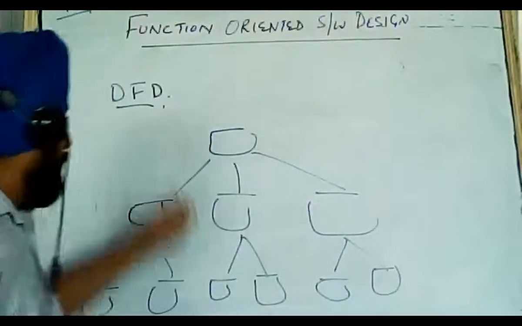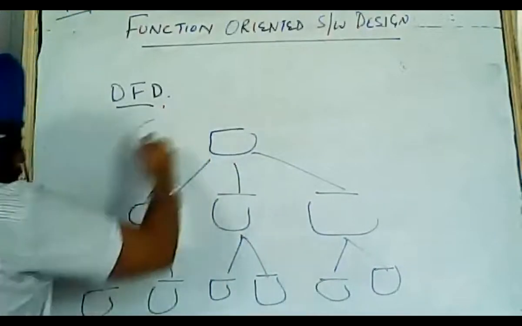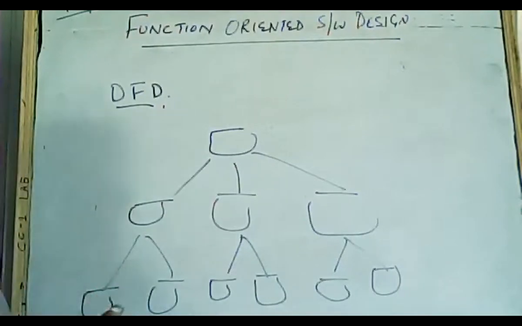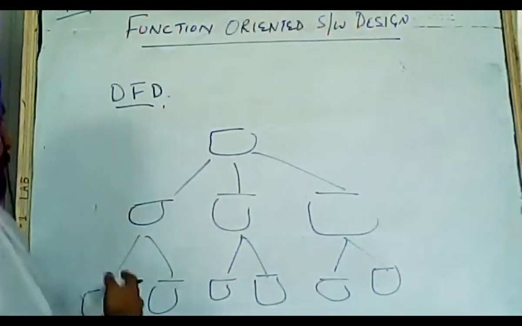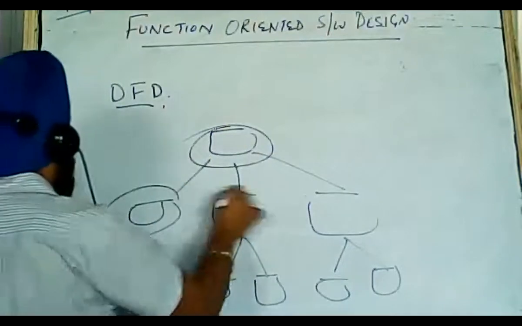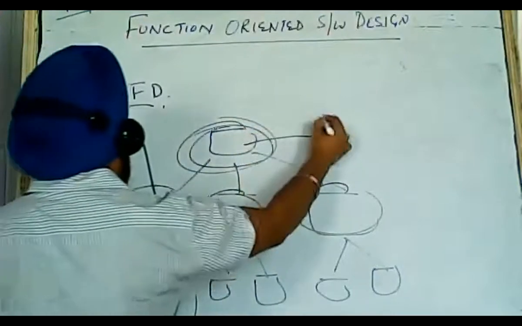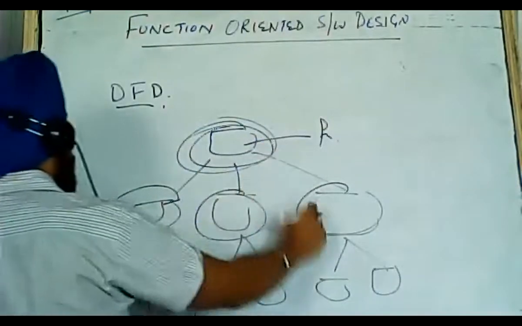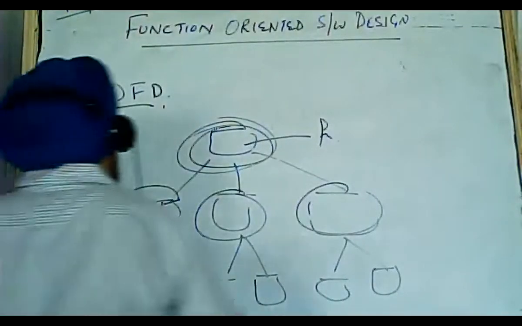All the things can be depicted in this diagram where the hierarchy is there, different modules are there, layers are there. So this is one thing. This is the type of structure chart, but what is DFD? It is a little bit different. We have to cover this in the form of functions, each module's functions and sub functions. This module has to be carried out with some function. This module is the sub function of this module. This is also a sub function of this, and so on. So the whole design has to be carried out with respect to certain functions.